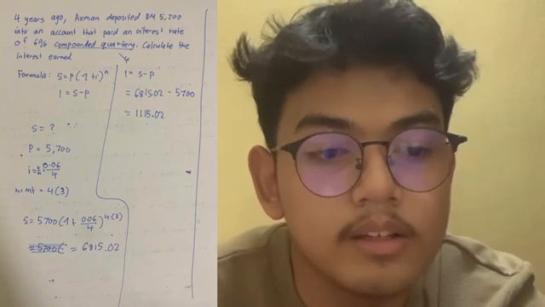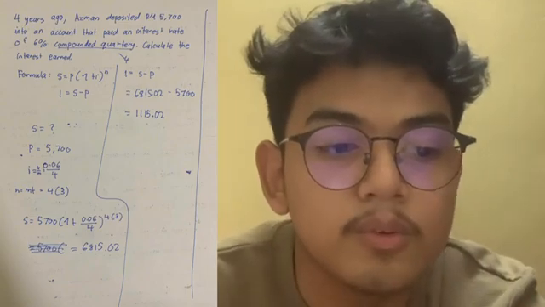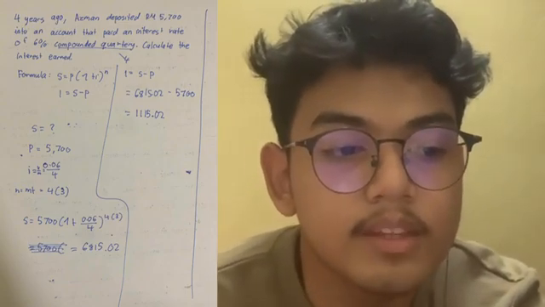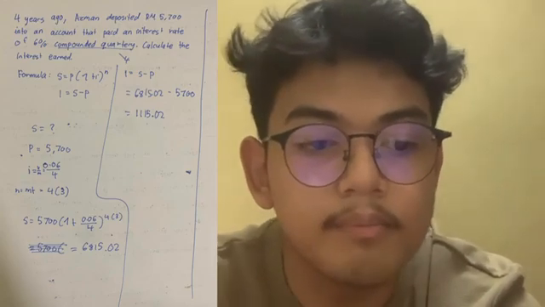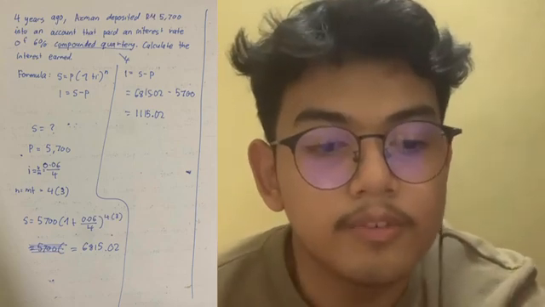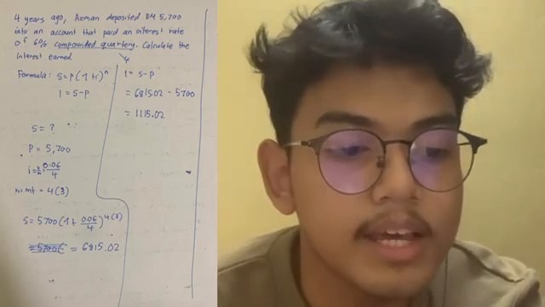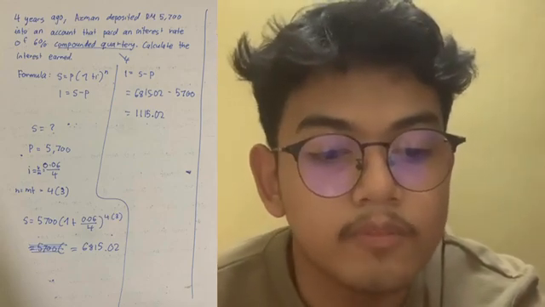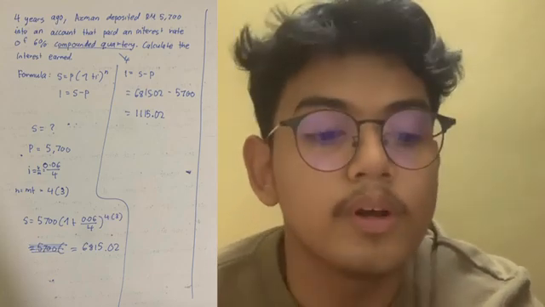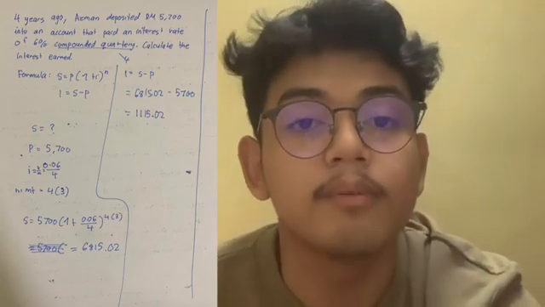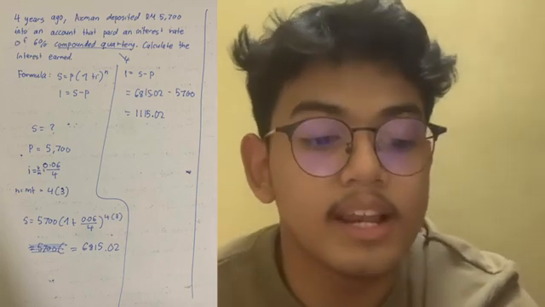So for this question, we use two formulas, which are S equals to P in bracket 1 plus i, in the top n, and the second formula is I equals to S minus P. So first we use the first formula, S equals to P(1 + i)^n. So we put S equals to 5,700 in the bracket 1 plus 0.06 divided by 4, in the top 4 in bracket 3. So we get RM